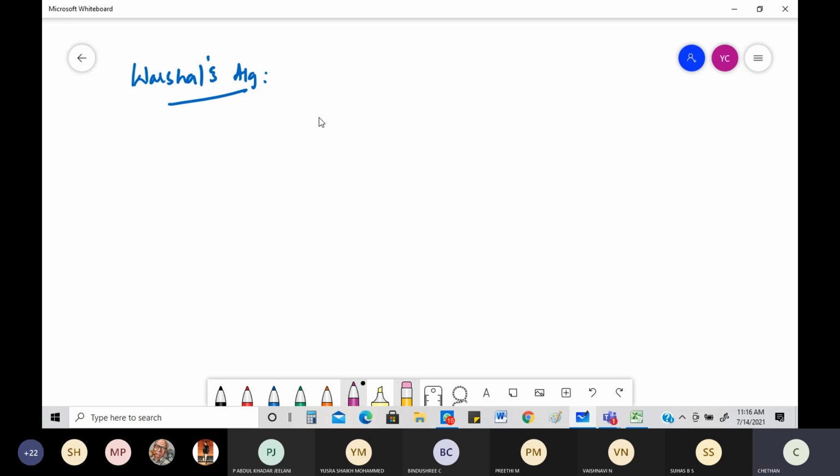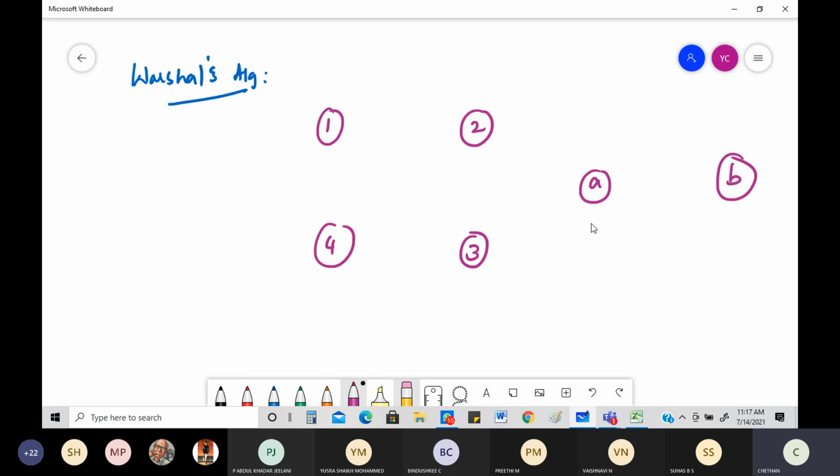How? You must be knowing, but if you take a graph like this, 1, 2, 3, 4, okay, there are two ways that there may be a path between these two. What are the two ways, or else I'll take it here? Okay, think that there is a route between A and B. What are the ways that there can be a route between A and B? One, you can have a direct path like this. Two, you can have an indirect path like this.